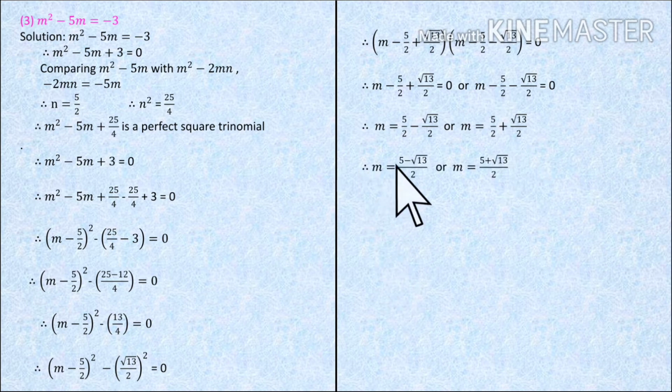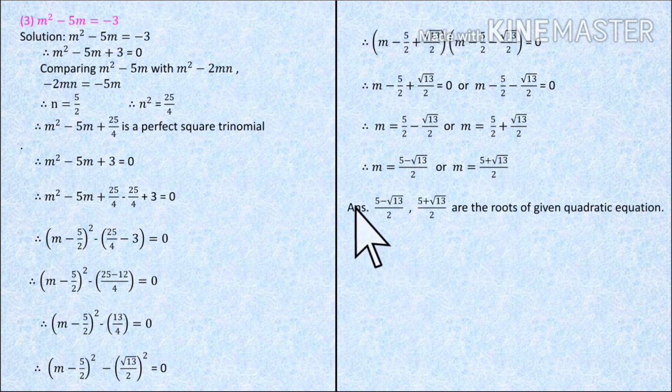Therefore m is equal to, now here denominators are same, so we can add those terms. So we can write here m is equal to 5 minus root 13 by 2, or m is equal to 5 plus root 13 by 2. So 5 minus root 13 by 2 and 5 plus root 13 by 2 are the roots of the given quadratic equation. The next question, fourth one,